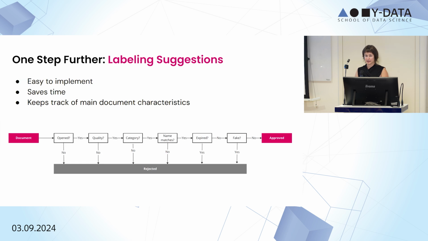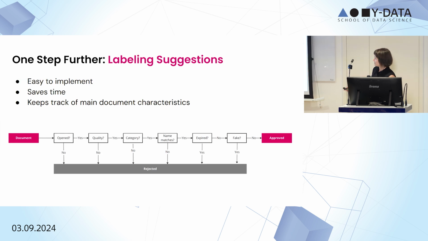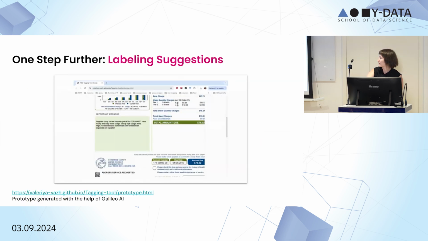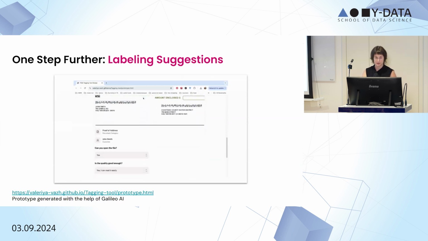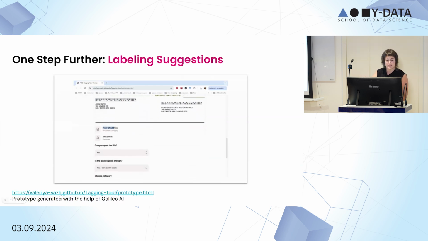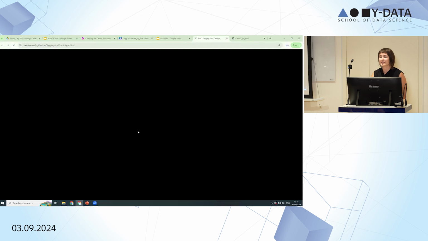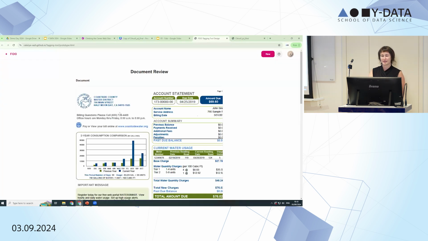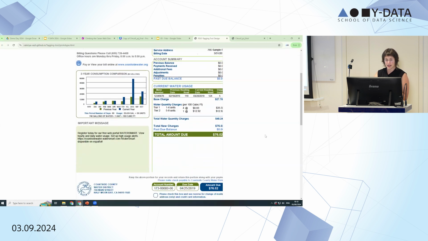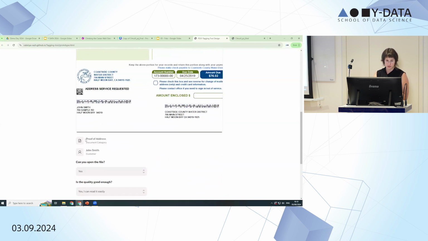So they asked if I have any suggestion how to label them, and I created an algorithm for tagging them. The algorithm is really simple, and it can be implemented in, for example, Google Forms, but I wanted to show off. So I actually created a design prototype of it, and I hope that this will open now. Yeah, it does. Okay, so this is the design of the tagging tool, and this is what the labeler will see. They will see the document, and which category the document belongs to,